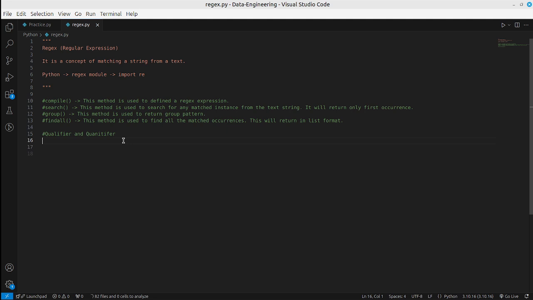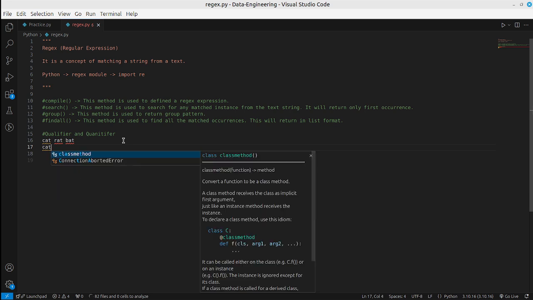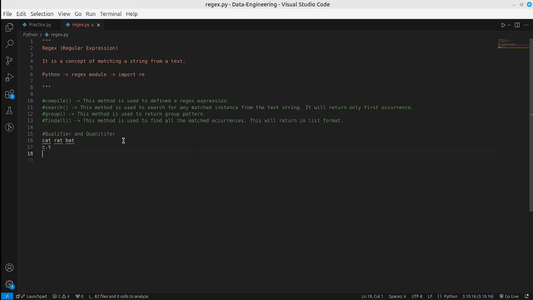And now what is quantifier? Each qualifier can only match a single character, only a single occurrence. Suppose there is a text with @gmail.com. Or else let's take a simple example. I want to write a regex for this sort of words: cat, rat, pattern. So what will I do? I will write a regex like c dot t. So here, what does dot do? Dot basically searches for